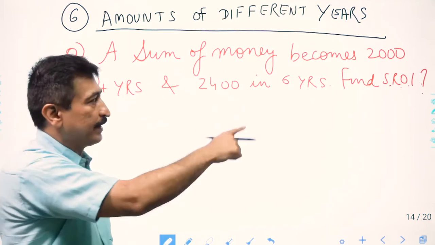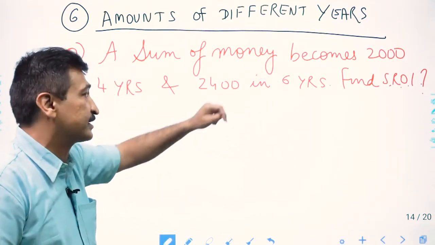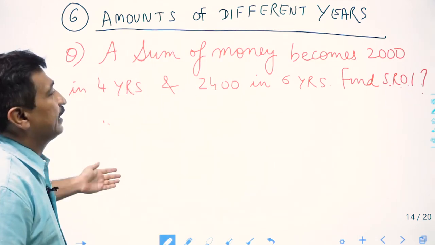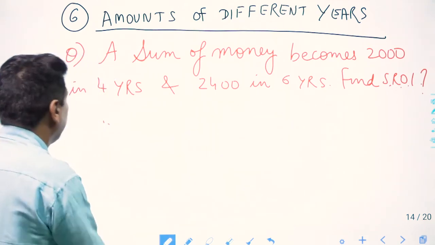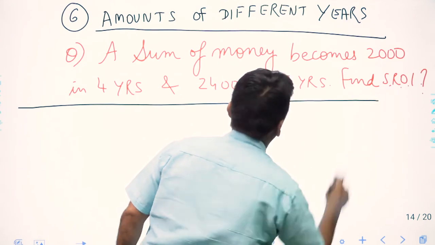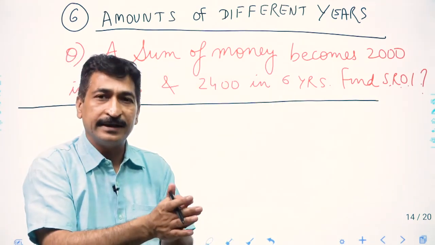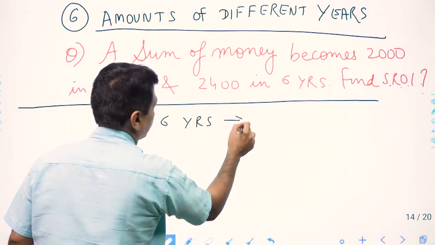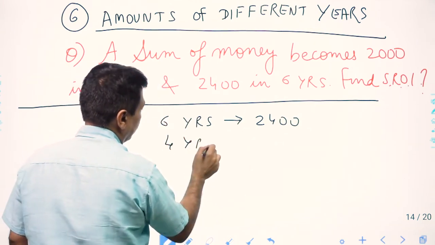SROI, simple rate of interest. I have told you before, I will be using this abbreviation in every question now. A sum of money becomes 2000 in 4 years and 2400 in 6 years. Find the simple rate of interest. Now first of all, we would like to know the same money after 4 years is 2000 and after 6 years the amount is 2400. That means